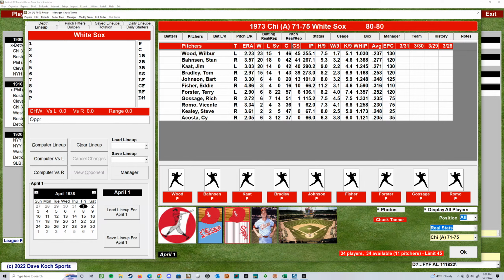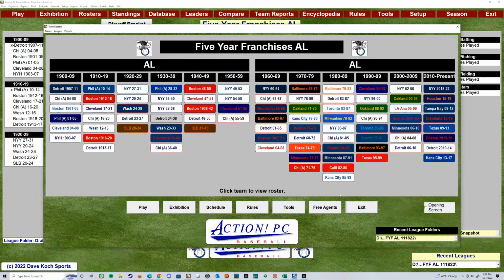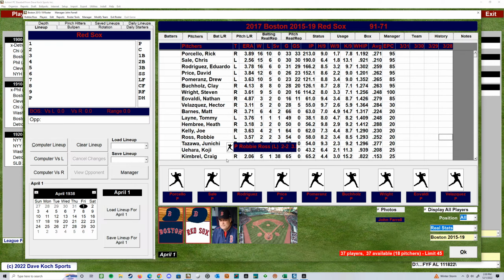And I see everybody chatting up how good Strat-O-Matic's customer service is. I'm sorry, got that wrong. Action's customer service is for sure. But yeah, that's a new team that I've got on here in the last week or so. I haven't added too many teams in the last few days, but last weekend I got those done. Trying to think what other team got in here that might be new. Oh, Boston 2015 to 19, somebody wanted, so I pushed that up on my list and got that done.